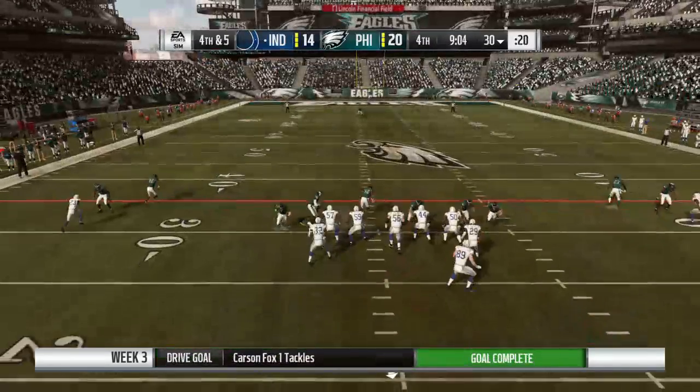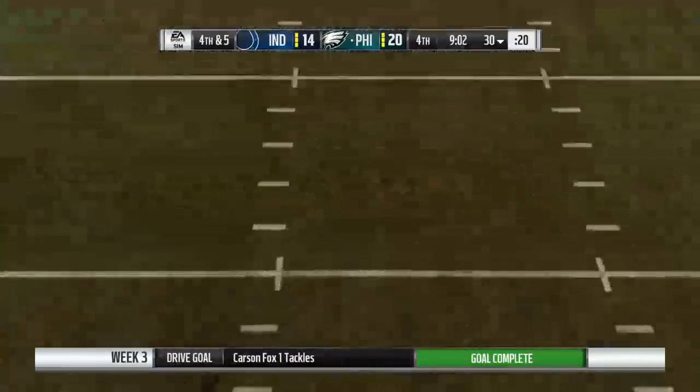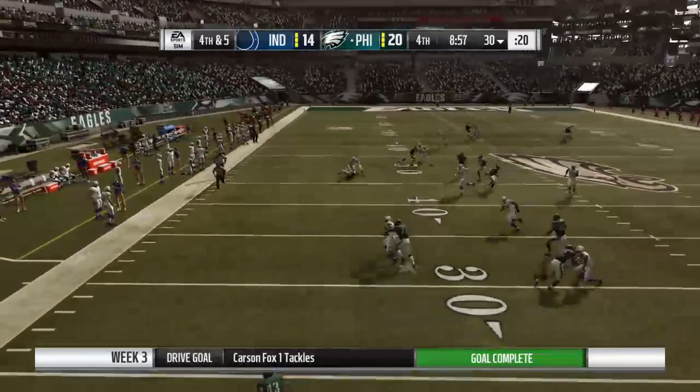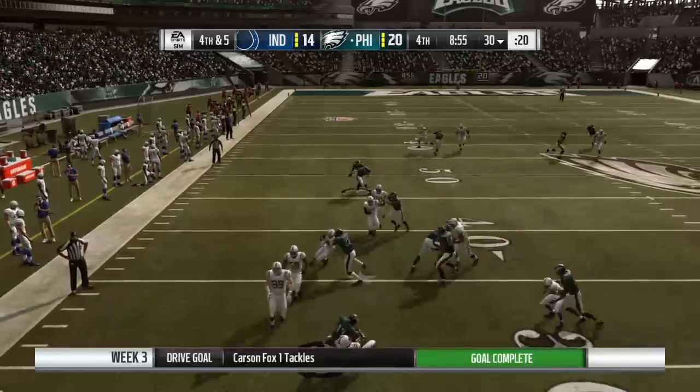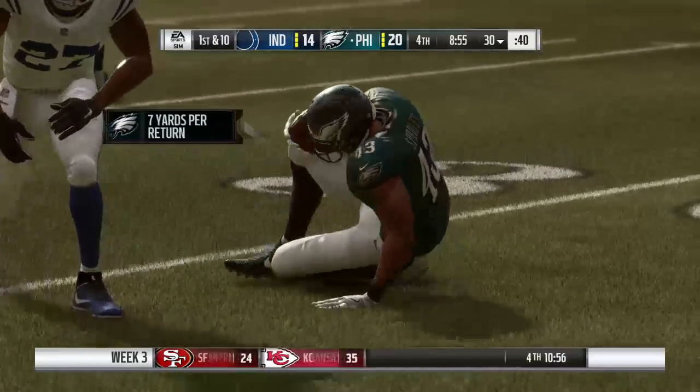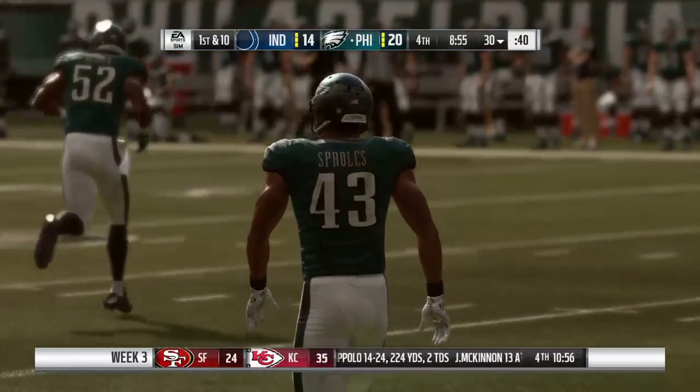Now here's Rigoberto Sanchez as they're forced to kick for the 6th time today. Sproles, the return. Call that a 46-yard punt, though they did get 9 back on the return. And the offense will take...